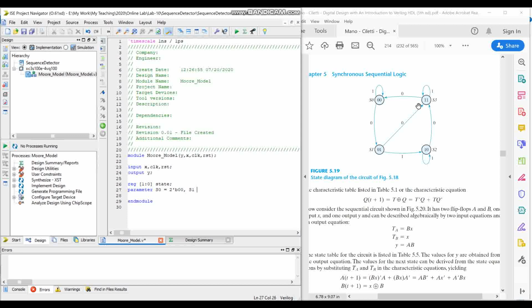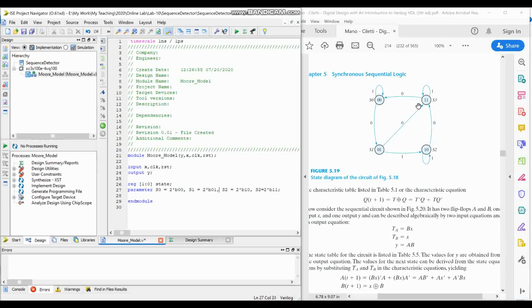So S1 is equal to 2'b01. Okay, so this is how we define parameters,